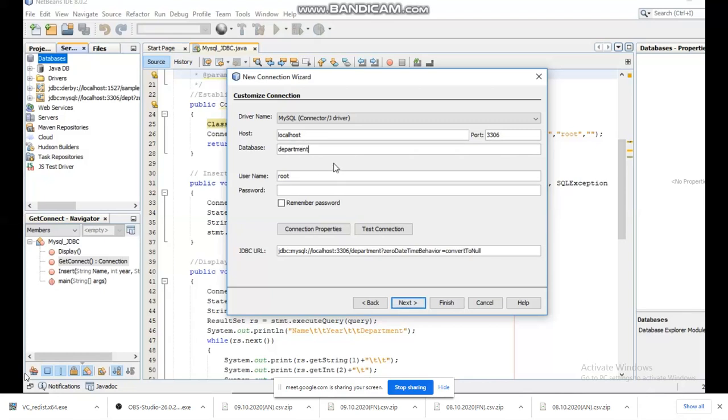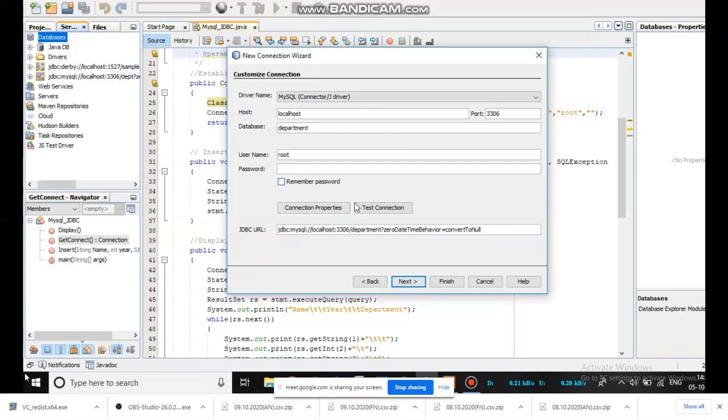So remember that connection statement. In the connection statement, what we have mentioned, same thing only. We are ready to do that. There's no password. Test the connection, right? You have a button for testing the connection. We'll check. Connection succeeded. That you can see at the bottom. Since we don't have any data, it's converted to null. Behavior has been shown like that. Connection has succeeded. That means the Java program is now connected with the department database available in MySQL.